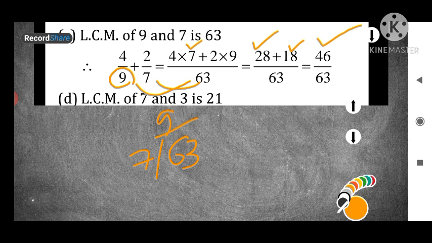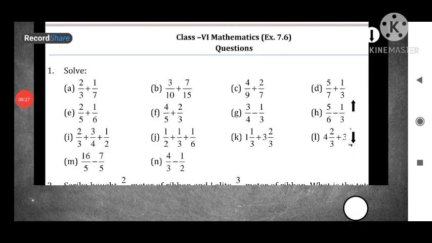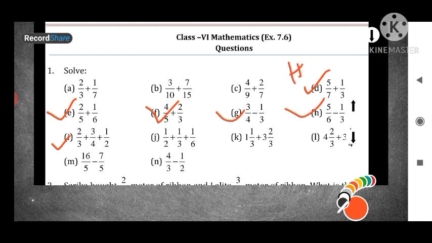Now come to next question. Now question number I will solve. 2 upon 3, 3 upon 4 and 1 upon 2. Okay, I will solve this one, because the remaining questions D, E, F, G, H are your homework. Okay, these all are homework for you. In the same way you have to do like question number A, B and C. Okay, what you will take? You will take LCM and you will divide the denominator and you will multiply with the numerator and you will plus.